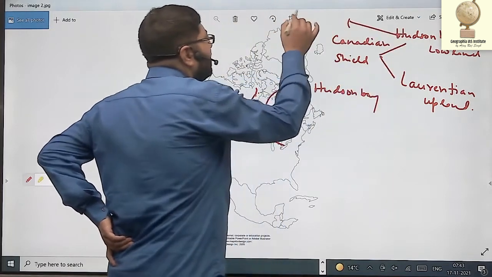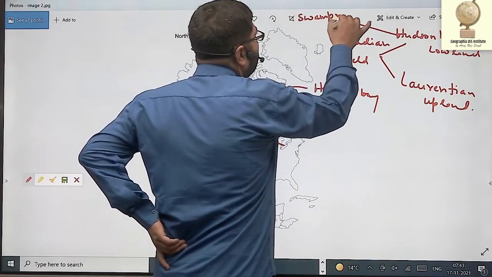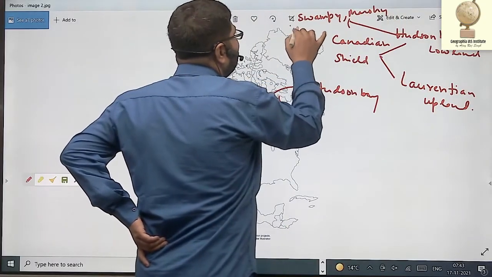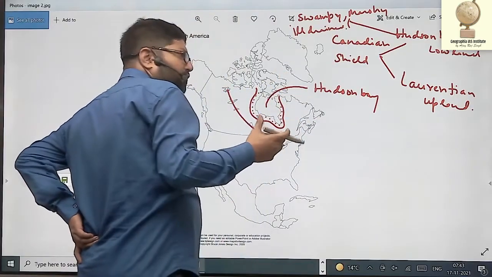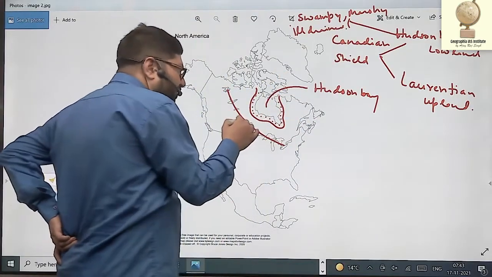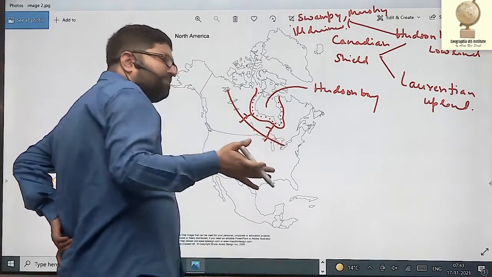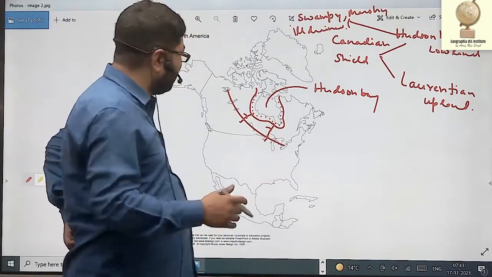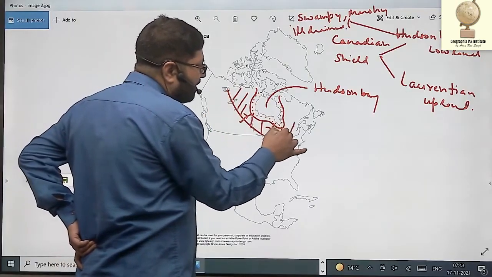Hudson Bay lowland is basically swampy, marshy, and ill-drained region, full of swamps and marshes. The rivers falling into this, like Nelson River, Albany River, all these rivers make waterfalls, and these waterfalls can be tapped for generating hydroelectricity. The remaining part of the Canadian Shield, that is made up of hard crystalline rock,